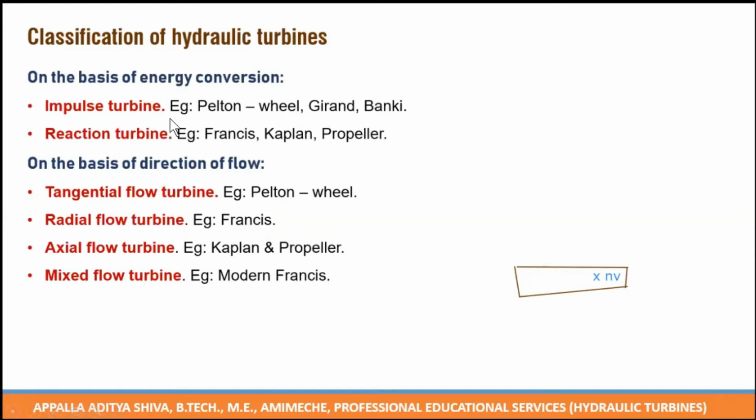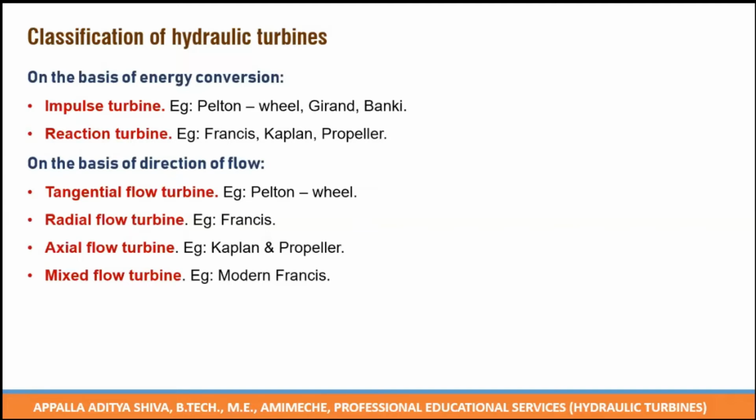Then we have the reaction turbine. A reaction turbine is one where not all pressure energy is used up as kinetic energy. Some of the pressure energy is left at the exit. This remaining pressure energy is called reaction pressure, because of which water doesn't flow to the tail race on its own. In order to provide further flow, we use something called a draft tube. We will learn more about draft tube when we come to reaction turbines.